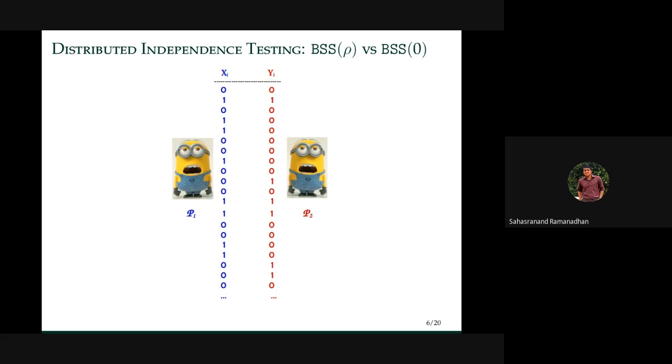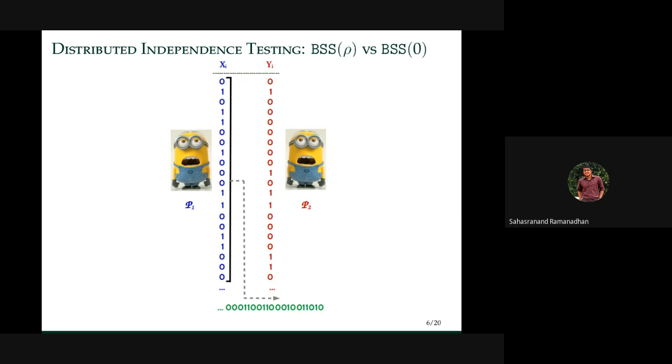So they have these observations at either ends. Now party 1 has to send something to party P2, right? So a simple scheme would be to just pick up a subset of these samples and send it to P2. Now P2 has all these samples, his observations as well as the subset that he received, and using this he can just apply a standard test which involves using samples at the same location. So this is one simple scheme.